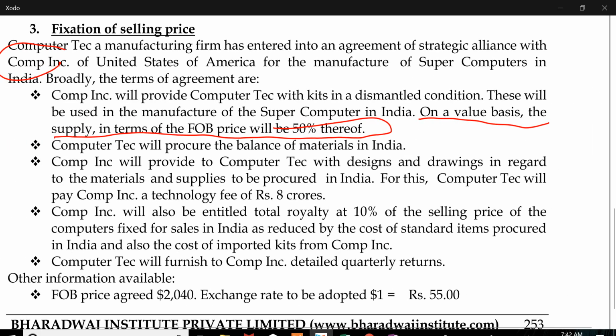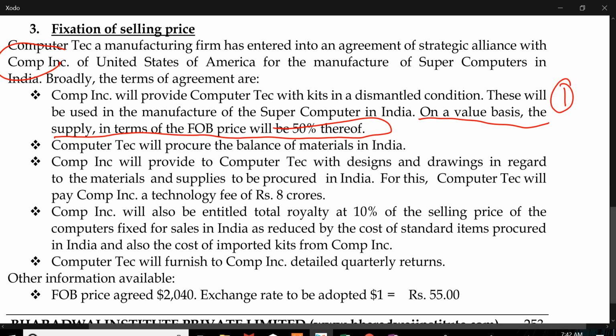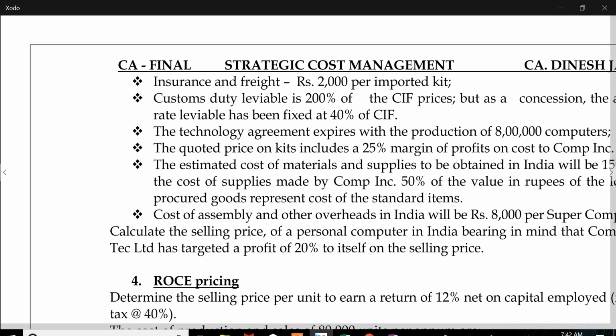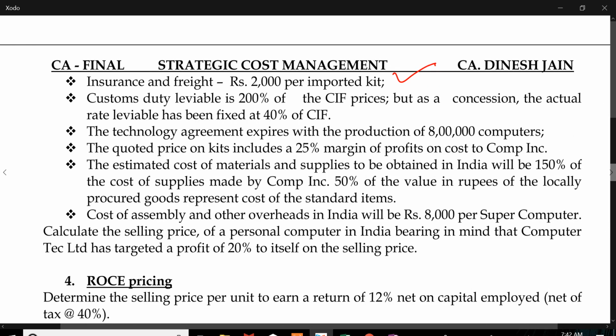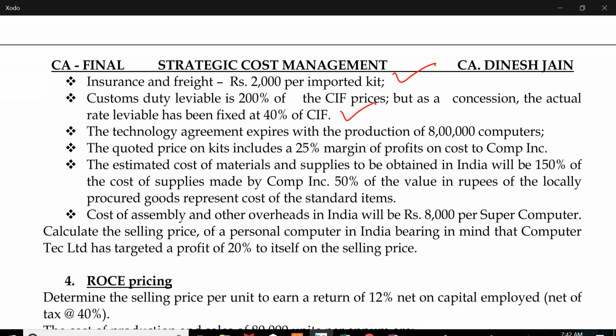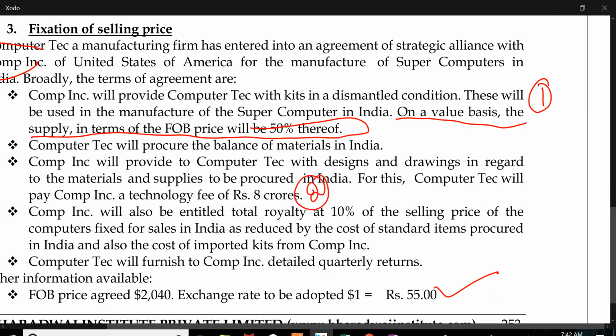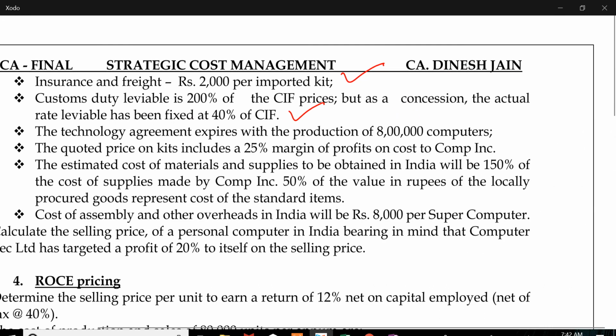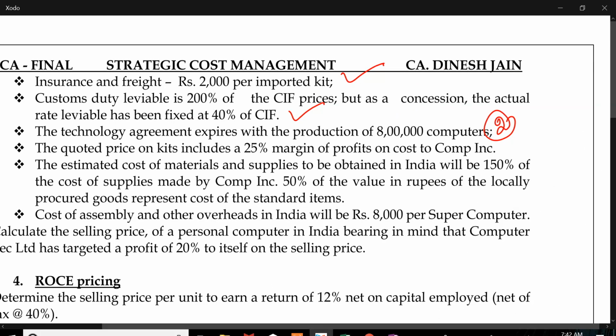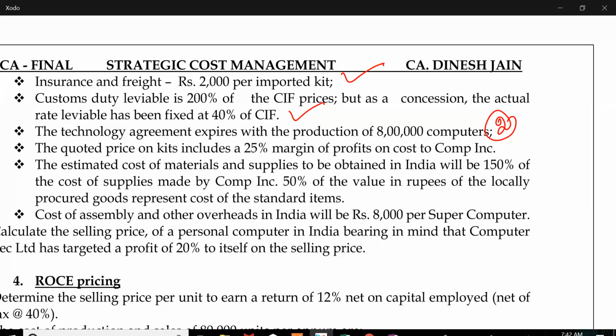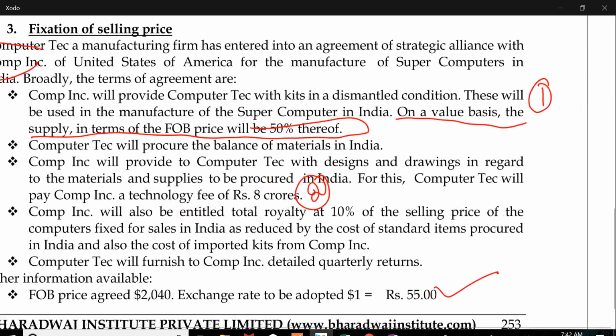Now if I look at the cost, my first cost is a dismantled kit, whichever is coming from my foreign partner. In the dismantled kit, I have FOB price, I have insurance and freight, I have customs duty. These three I'll have to add and get the cost of the dismantled kit. The second cost which I have to pay is technology fee. It expires with production of some 8 lakh computers. So I'll have to do some calculation and find what is the cost per computer. The third thing is